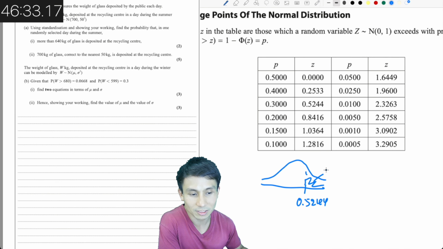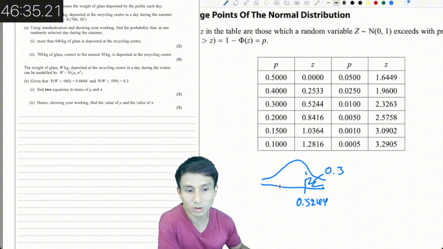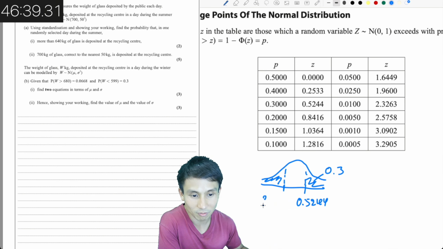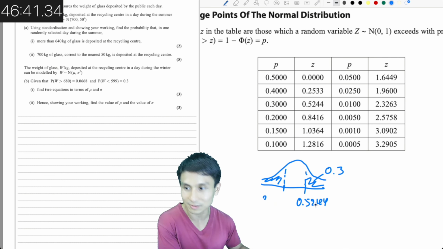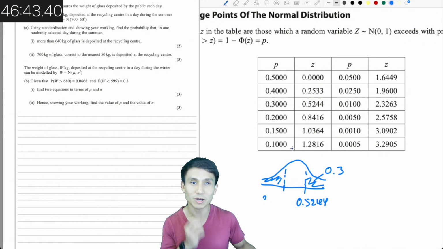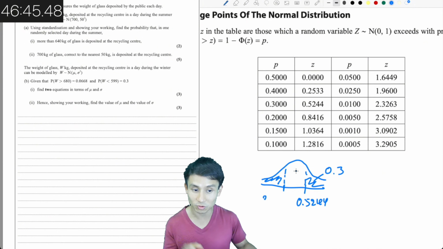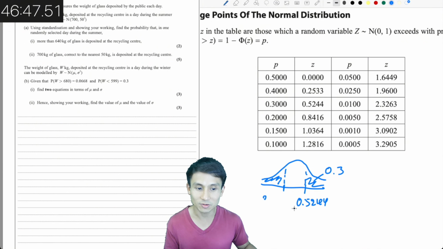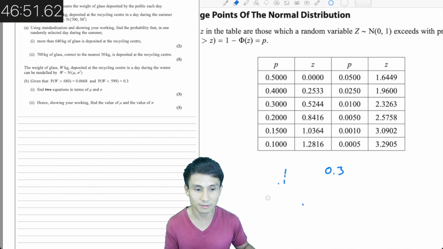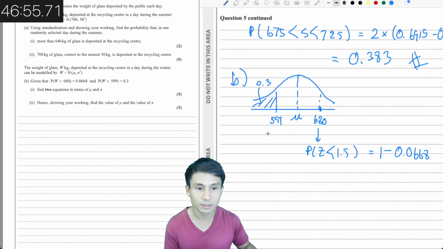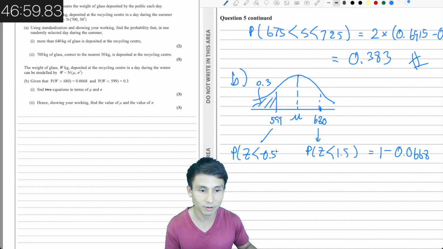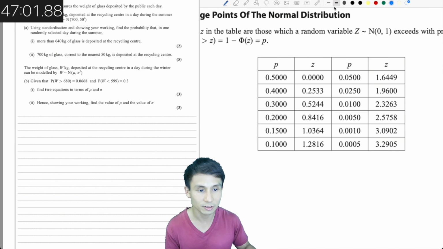This probability area is 0.3. That means the tail that we want, which is actually on the left, would be minus. The Z value would be minus this one, because don't forget, the bell curve has a symmetrical property. So our Z value is minus 0.5244. So this one, P of Z less than minus 0.5244, yeah,